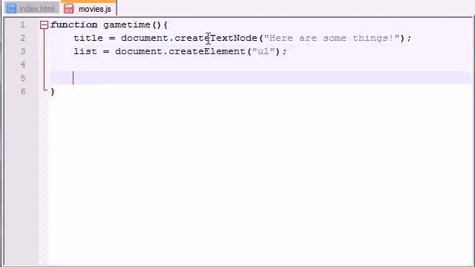So now what we basically did is we created a piece of text, and this is kind of going to be like the header, and we also created an unordered list. Now what we need to do is actually add items to that list. So let's go ahead and see how to do that. item1 equals